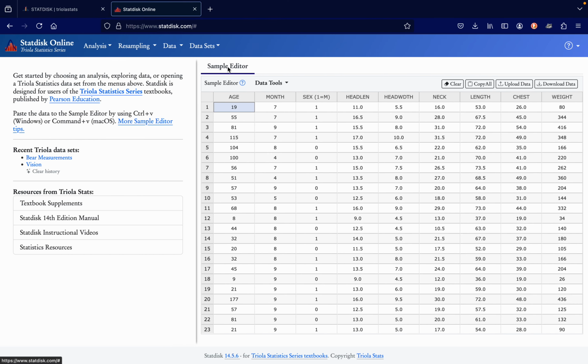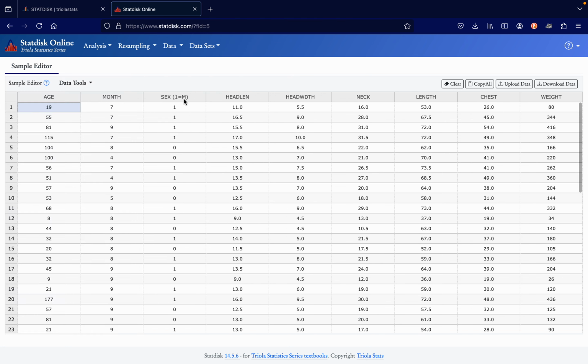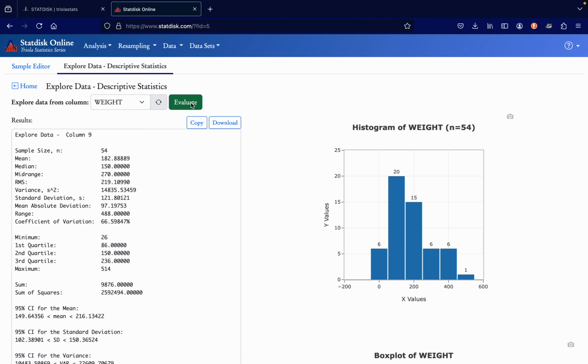So now what you're asked to do is to find the mean weight of the 54 wild bears that were sampled or observed. And so then now what you want to go to is this part right here, data, and explore data, descriptive stats. And in our case, we're going to look at this column, weight, and we're going to explore data from this column of weight, and then we'll push evaluate.